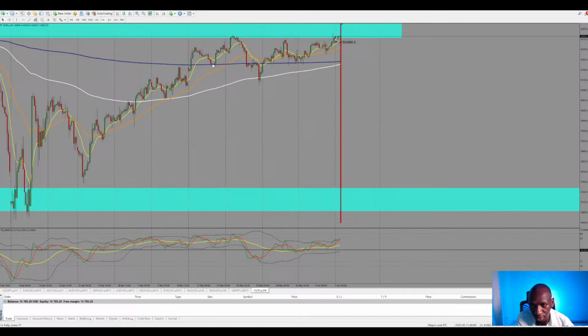So right here, this was a higher low followed by a higher high, right? And then there was a break of structure here. This region right here, there's a clear break of structure, and then that means